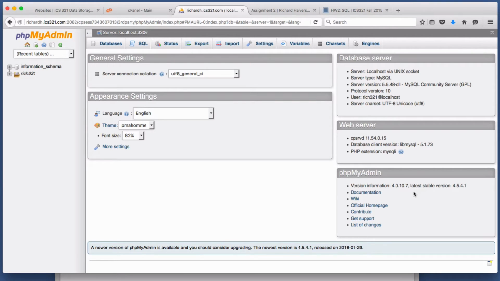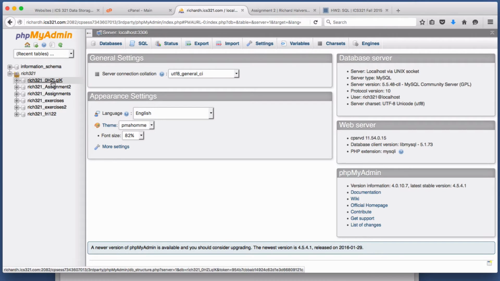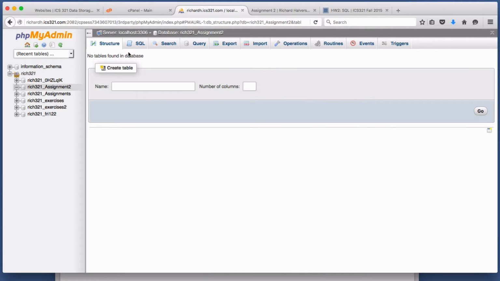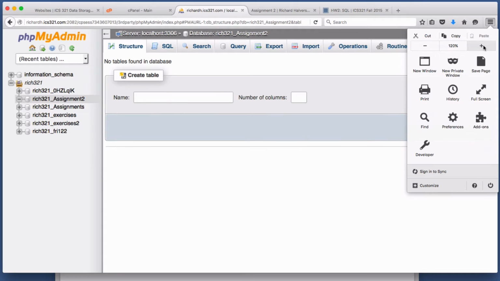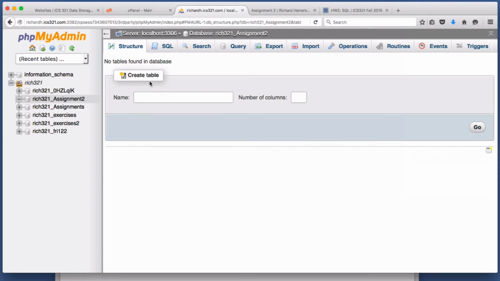And here we are. So I'm going to over here click on the plus sign next to your username. And we see our databases here. This is the WordPress database. We're interested in the one we just created right here, assignment 2. Click there, and here we are, and we see that there are no tables. And so we can create a table using the PHP-MyAdmin interface, or fortunately we have